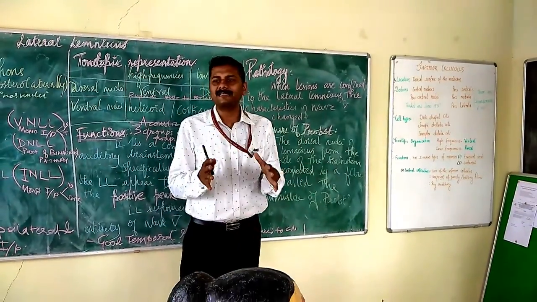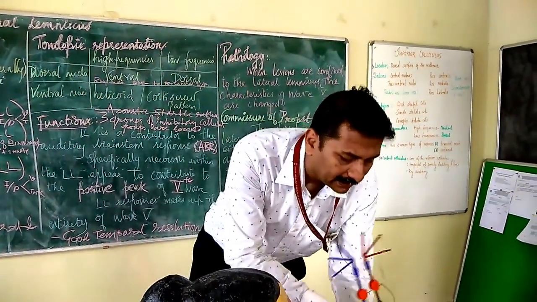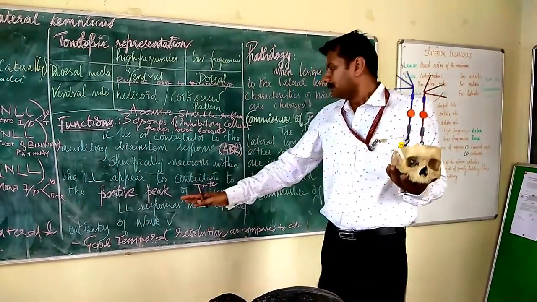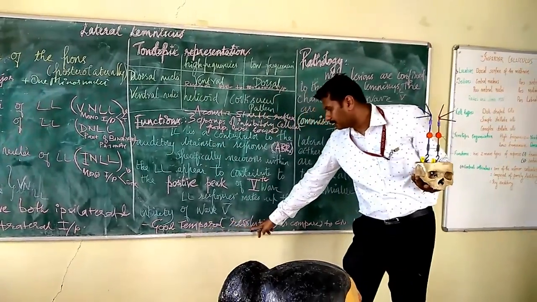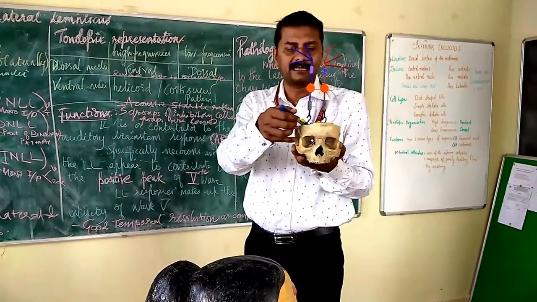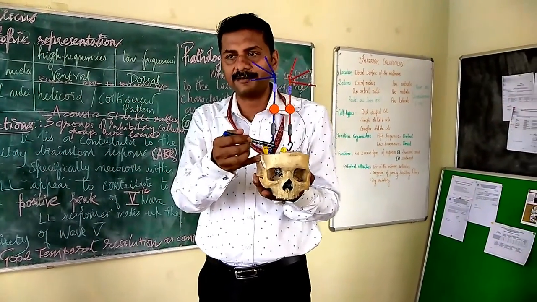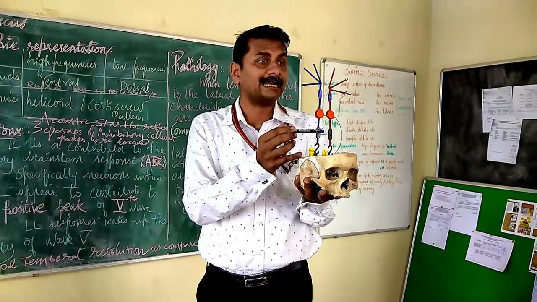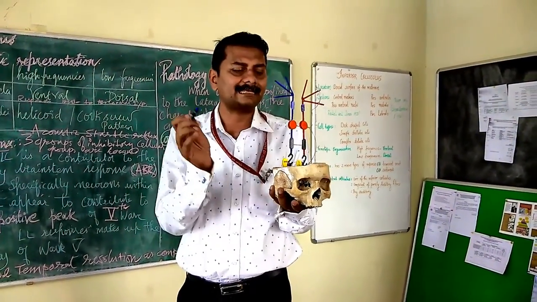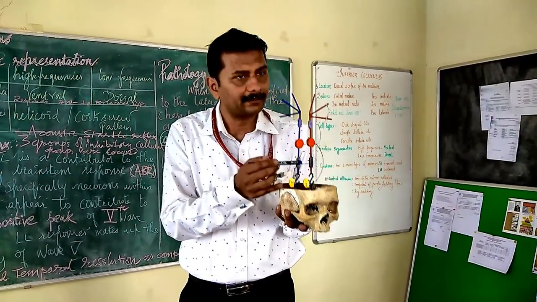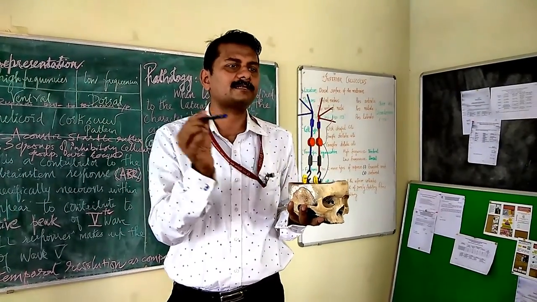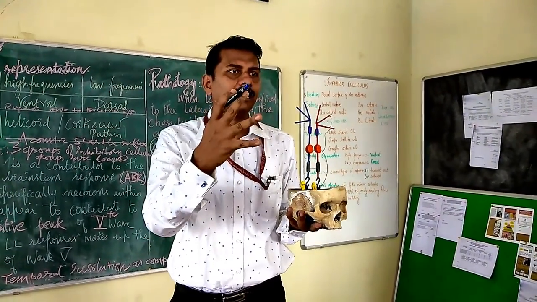Commissure of Probst, we have seen that there is a connection between both the lateral lemniscus known as the commissure of Probst. It has quite a bit in terms of temporal resolution as compared to the cochlear nucleus down below and the superior olivary complex also. The temporal resolution or the time related resolution is very well represented at the level of the lateral lemniscus. We don't have a very good frequency or tonotopic representation, but temporal representation of sounds and decoding happens very well. Understood?